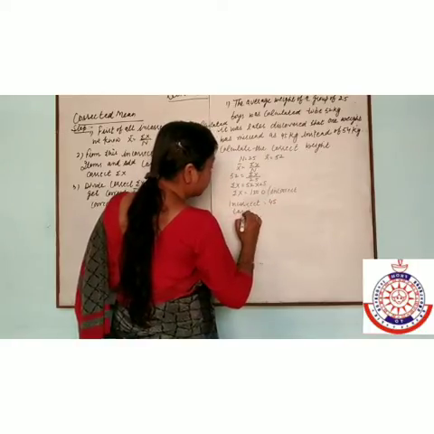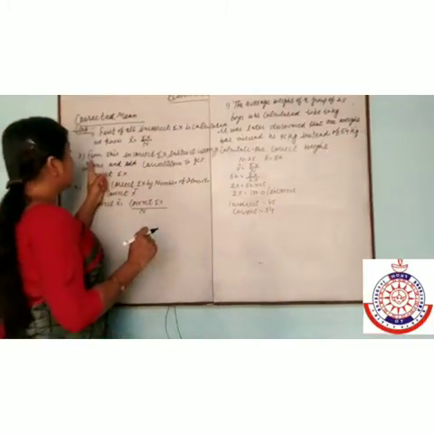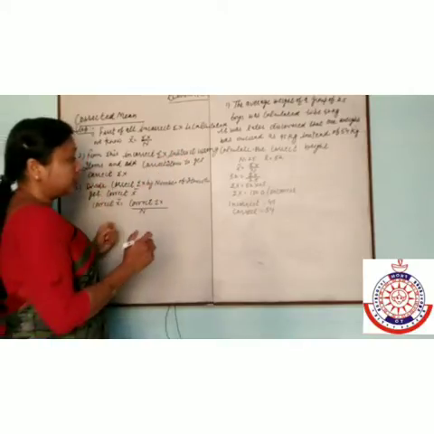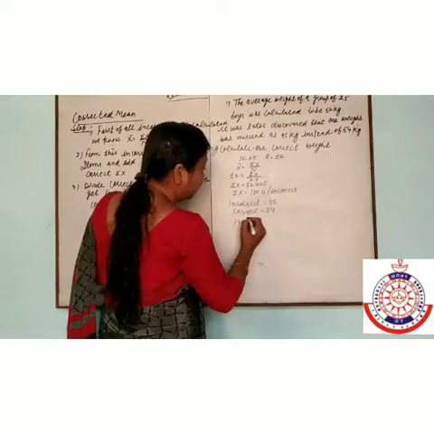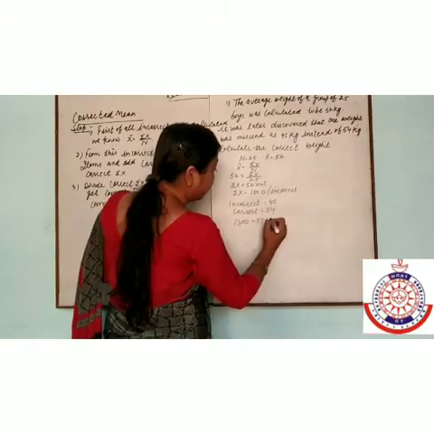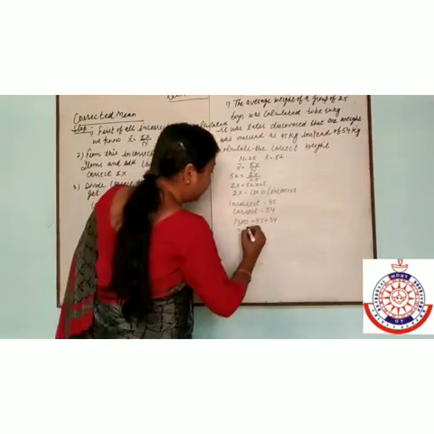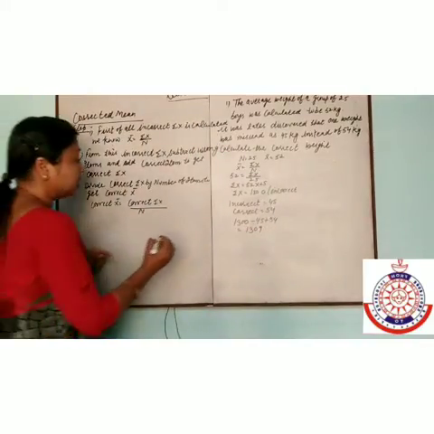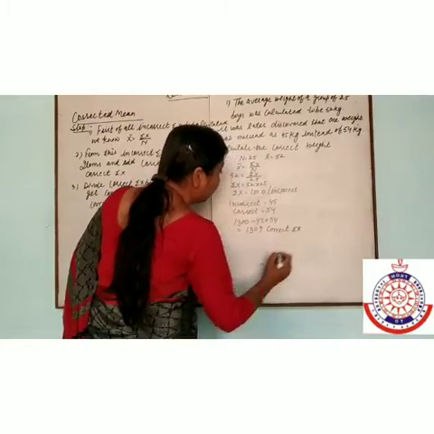and the correct value is 54. From this incorrect summation x, subtract the wrong item. We will subtract the wrong item and add the correct item. Then 1300 plus 9 gives 1309. This is our correct summation x.